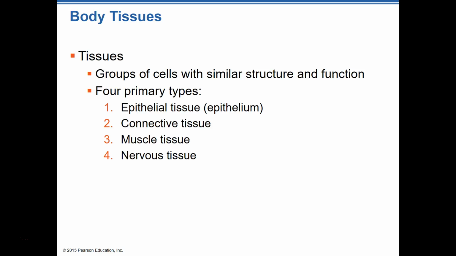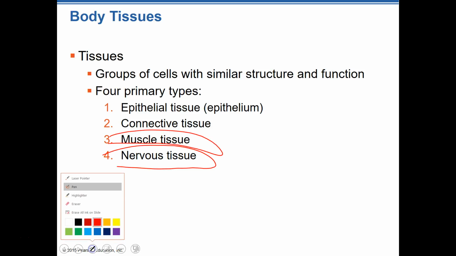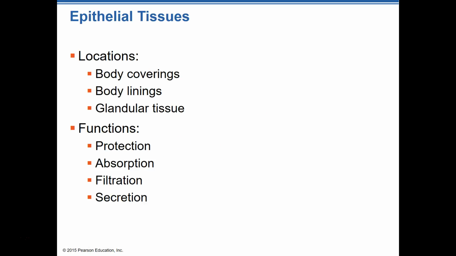Body tissues are groups of cells with a specific structure and function. There's 4 different types of body tissues: epithelial tissues, connective tissues, muscles, and nerves. We're going to talk about all of these in different chapters. Some of them we'll talk about several different types in a given chapter. Some of them we'll spend a whole lot of time talking about that one particular one. And like this one here and this one here, we'll spend a lot of time talking about those, and we'll cover a lot of information on those. But those are the different types of tissues. Epithelial tissues cover the body, line the internal parts of the body like the digestive tract.